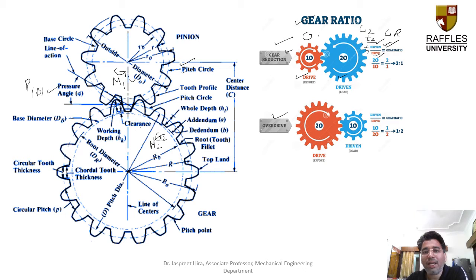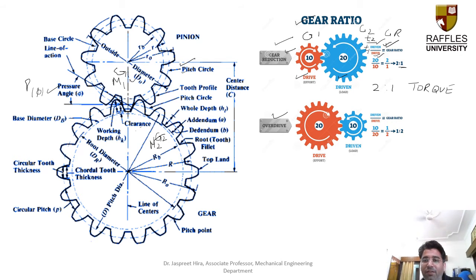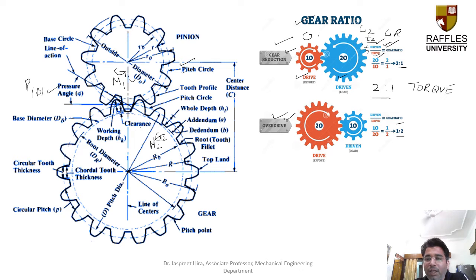So in this particular gear reduction, we'll get a gear ratio of 2:1. Whenever our gear ratio is 2:1, we get the torque. And whenever we have a gear reduction, you can say that is 2:1. Whenever we have an overdrive, that is 1:2, then we can say we have high speed. So these two parameters are very important whenever we are defining the gear ratio, whether we are taking the gear ratio as a driving gear reduction unit or as an overdrive.